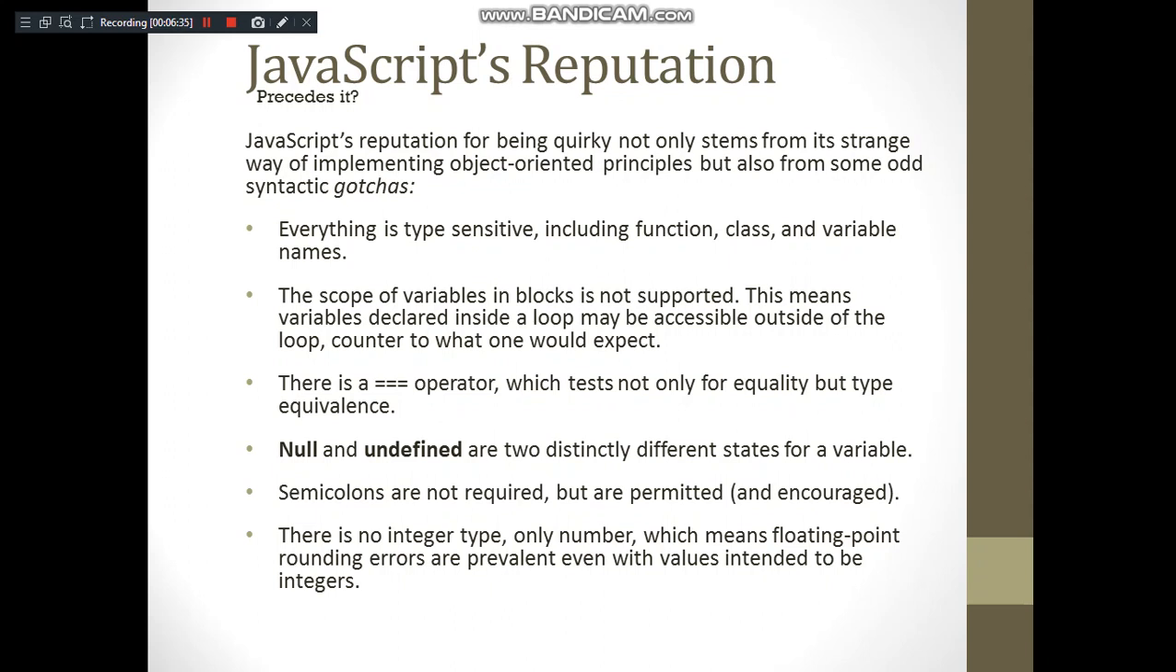So, JavaScript's peculiarities: everything is type sensitive here, including function, class and variable names. The type has to be properly maintained. Scope of variables in blocks is not supported. You are not supposed to create local variables inside blocks. That means if you declare any variable inside a loop, it is also accessible outside the loop, unlike the C